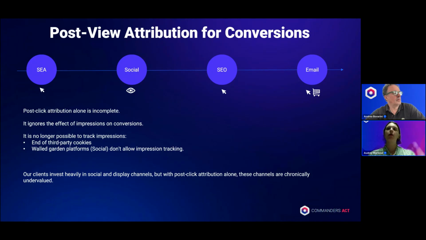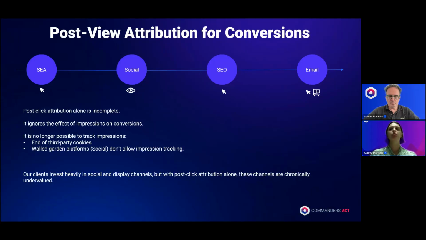However, our historic attribution model, which was based solely on post-click data, didn't always reflect the true impact of those investments. A common request that we had was for a more complete view to better drive our clients' campaigns. So good news, now after several months of development, we are launching our new attribution model that includes post-view.